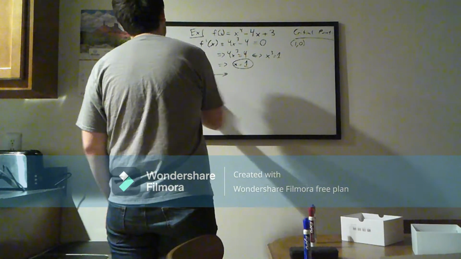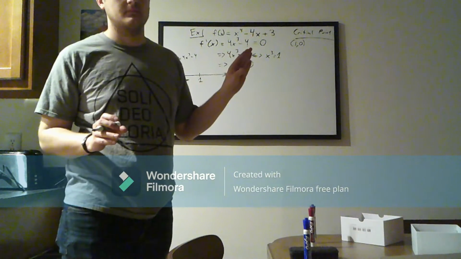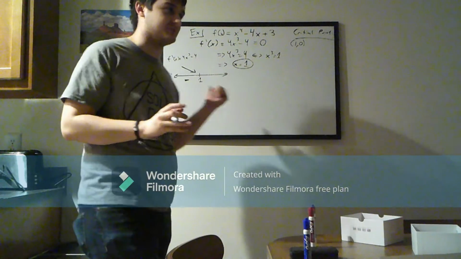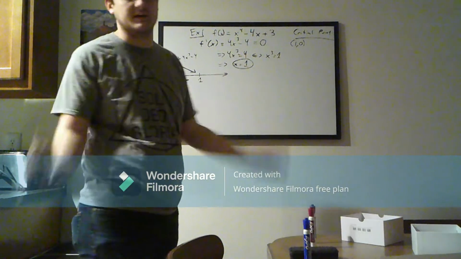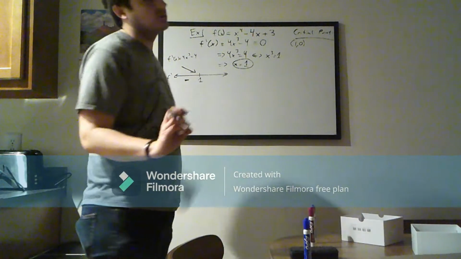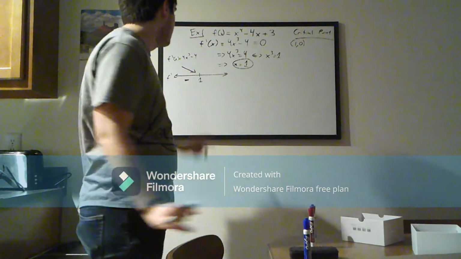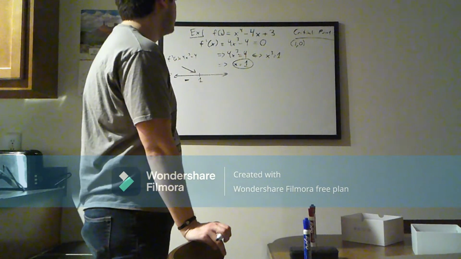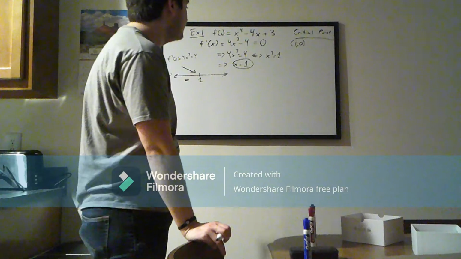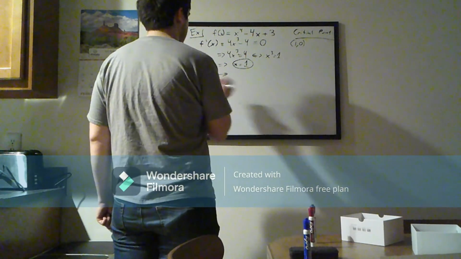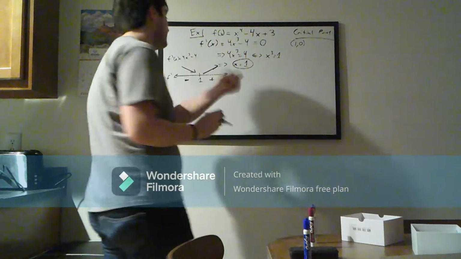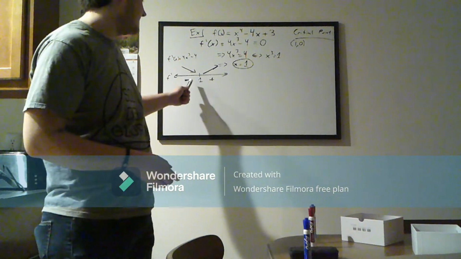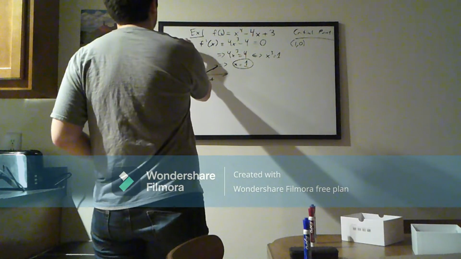Keeping in mind again, this is for f prime. And since it's negative here, we are decreasing. Not concave down, decreasing, right? Because we're doing the first derivative, not the second derivative. After 1, you might guess, but when I put 2 inside, I get 4 times 8 minus 4, which is going to be 28, but that's clearly bigger than 0, right? So that's positive, so we're increasing after 1. Good. So from the first derivative test, right,